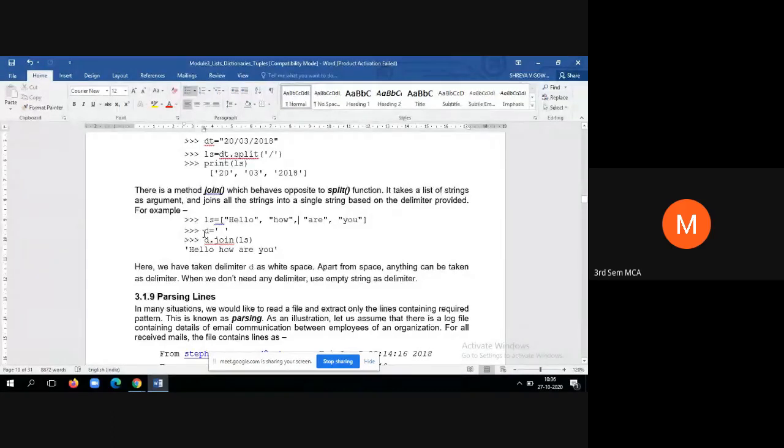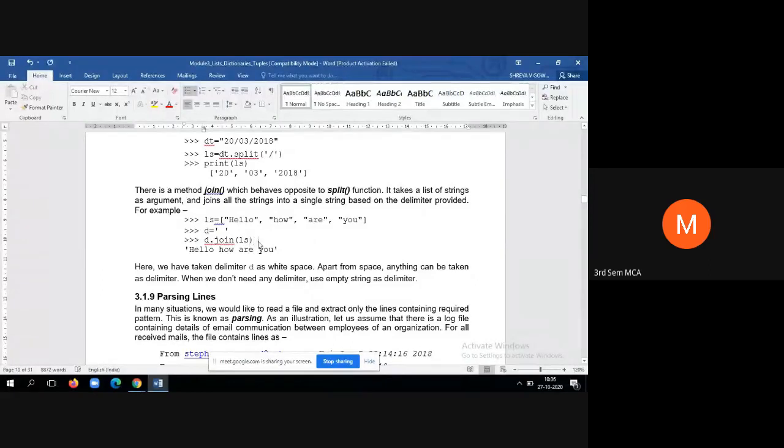So delimiter d is equal to a blank character, that is, single quote, blank, single quote. So d dot join of ls. d is the delimiter and ls is the list. That means based on the delimiter, join all the elements of the list.